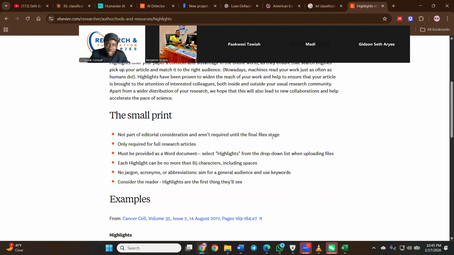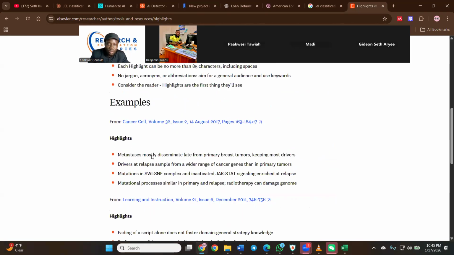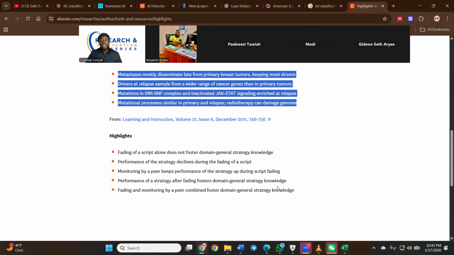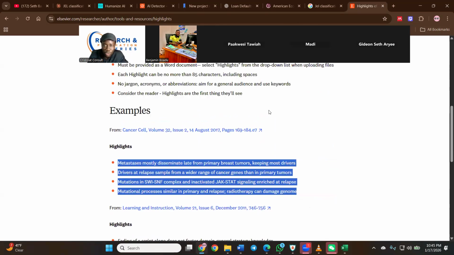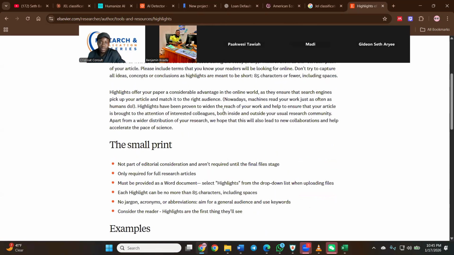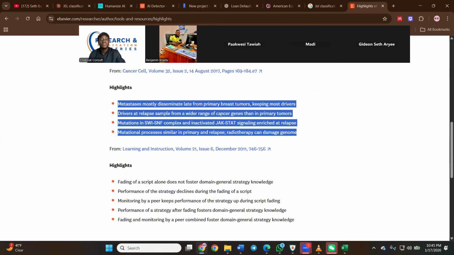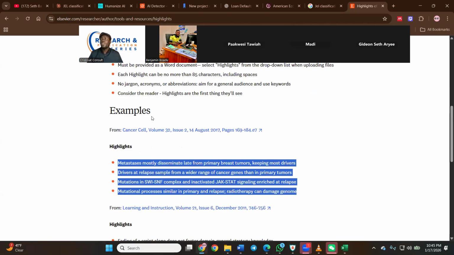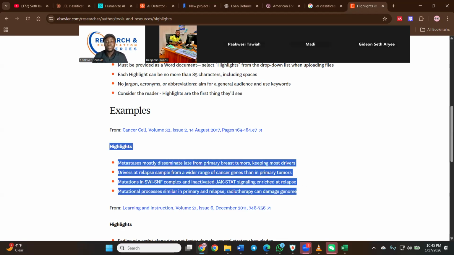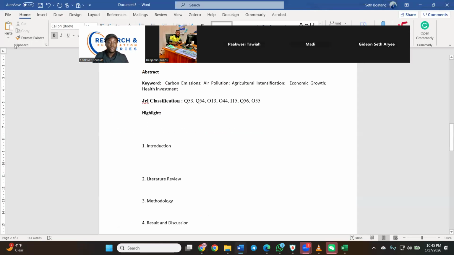You summarize your work into these 5 highlights and include it, but that is done at the end of the study, when you have your findings and have summarized everything. If you finish your work and want to write the highlights, you can come here, look at the sample, and it will help you.